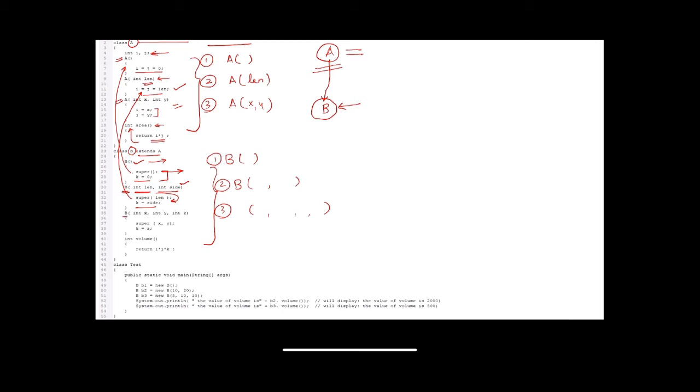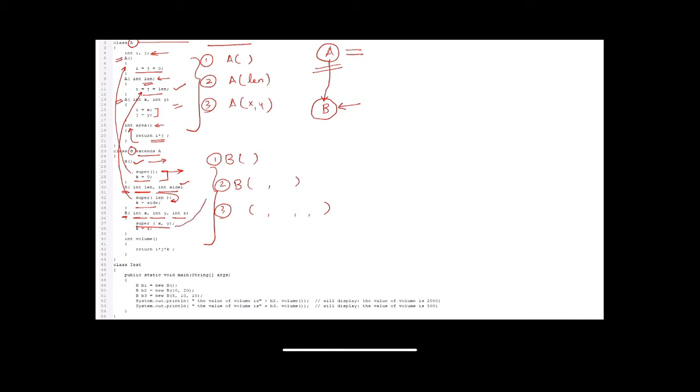Similarly, if I'm having another constructor B, it takes x and y, the values that have to be assigned to my A class, and z that is assigned to the variable of the B class. So if I say super(x, y), it will check that two arguments of integer type are being passed.